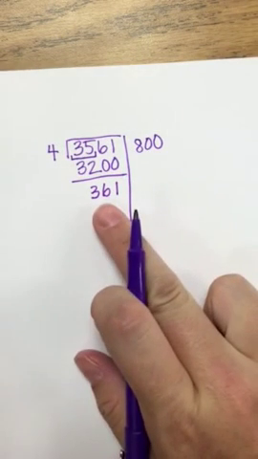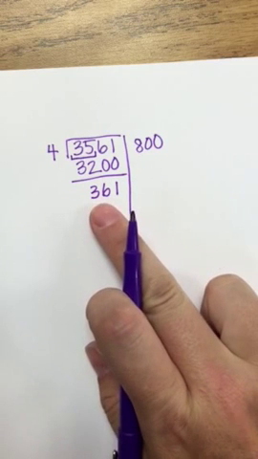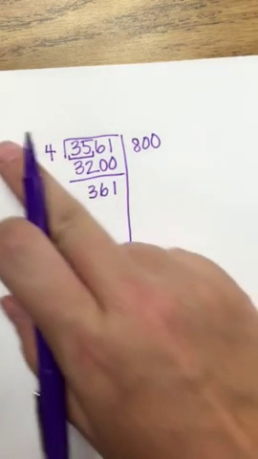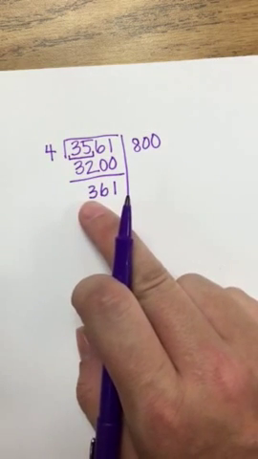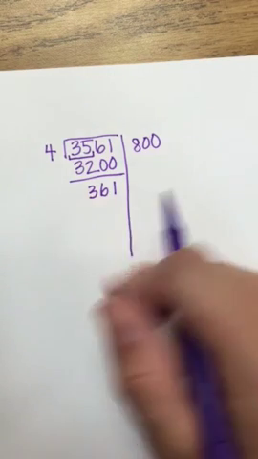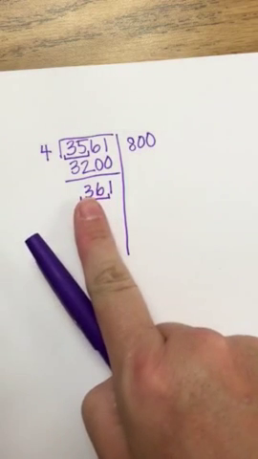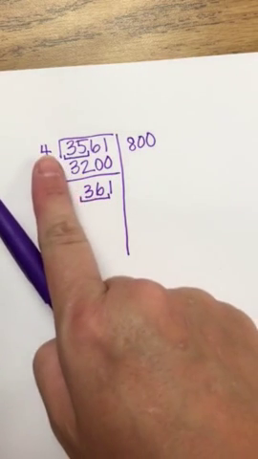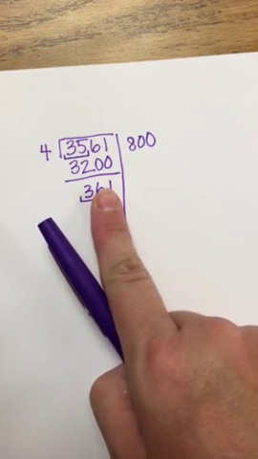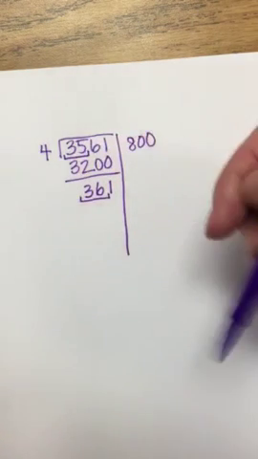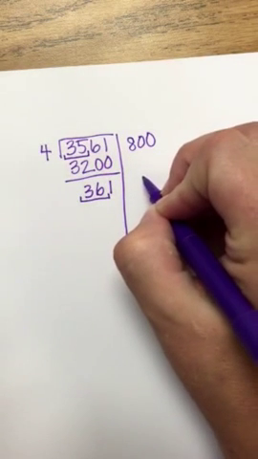And now I'm left with 361, so I have 3 hundreds, 6 tens, 1 one left that I need to put into these 4 groups. Again, the 3 hundreds is not enough to put 1 in each group, so I'm going to focus on how many tens I have. So I have 36 tens, and I want to know how many times 4 can go into 36, or I can take that 36 and ask how many would go into each of the 4 groups,